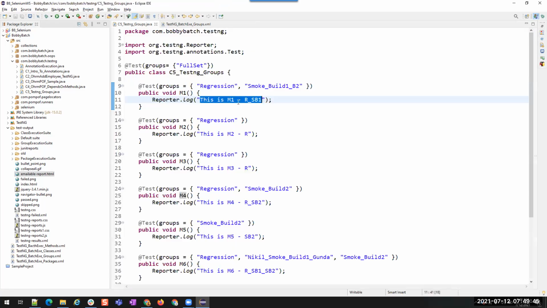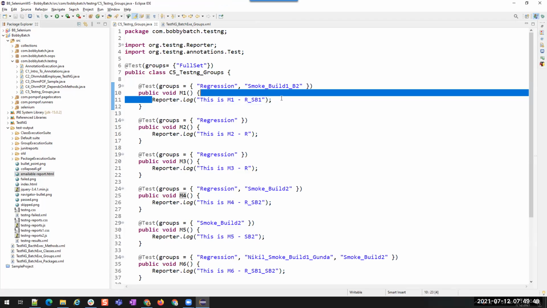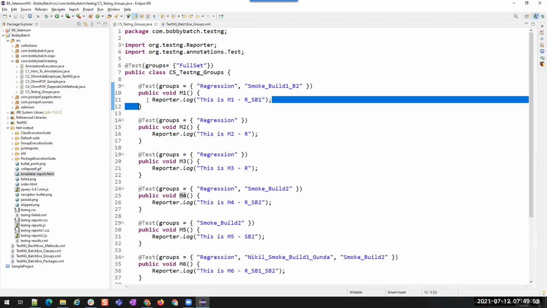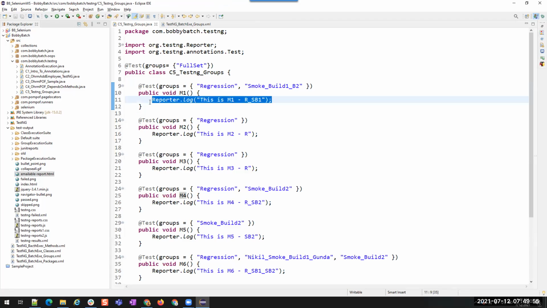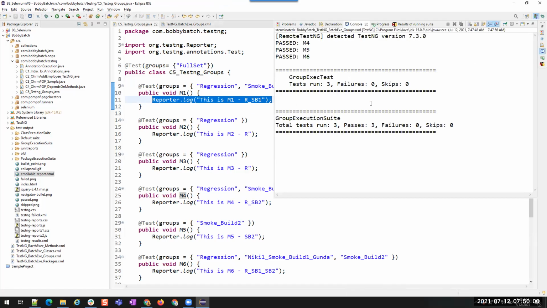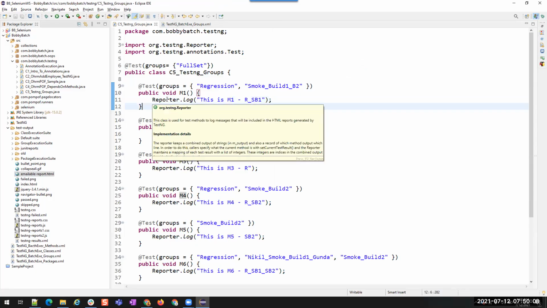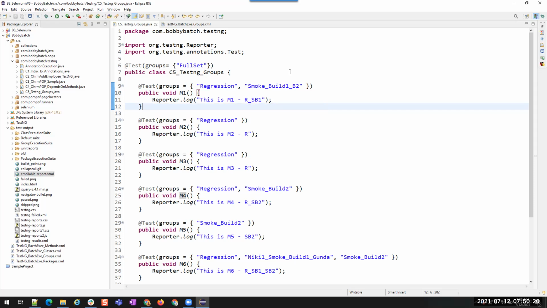All right. So this is the TestNG report or TestNG console. If you want to add some text to the TestNG report, then you can add this reporter.log statement. Instead of using a sysout statement, which will print on the default console, if I don't want those messages on the console and I want them on the TestNG report, then we will use reporter.log. This reporter is from TestNG, org.testng Reporter. When you are working with TestNG, you will have that report. If you don't work with TestNG, you don't see that report. All right. Fine.